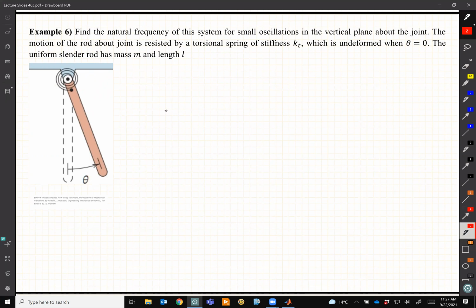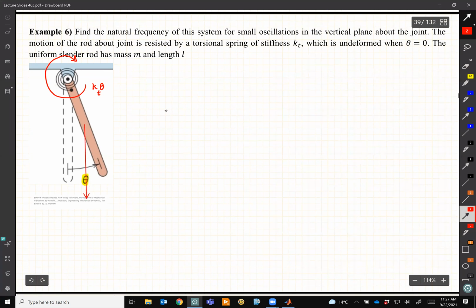All right, so I guess it's obvious. We have a pendulum, and this pendulum has a torsional spring at the top, at the pin, which resists the rotation. With a torsional spring, we know it's going to create a moment opposite to the direction that we choose. So we disturb it to the right. This spring is going to create a moment which is KT theta. We use the letter T to emphasize that it's a torsional spring. And obviously I need to include weight here,